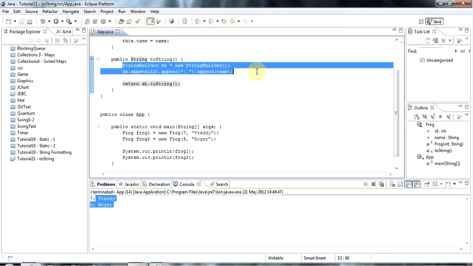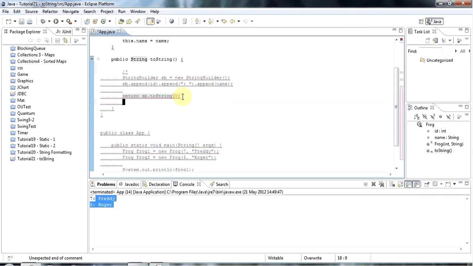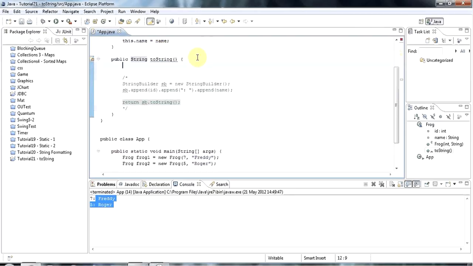And of course you can use all the stuff that I showed you in the last tutorial here, like if you want to return a formatted string. This is one version of toString. Let's just quickly look at another possibility. So you could also do, for example, if I comment that out, I could do return